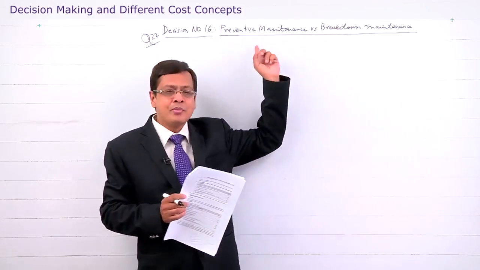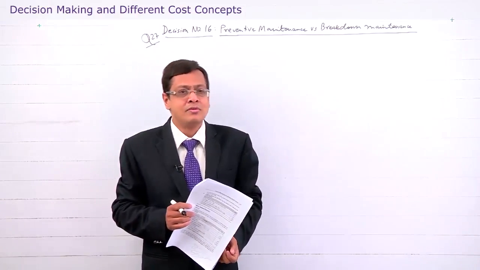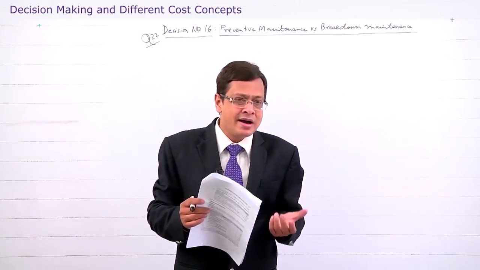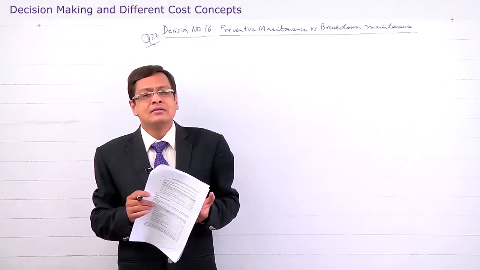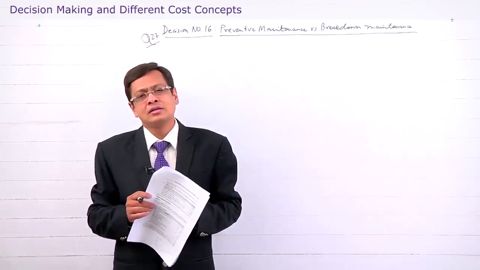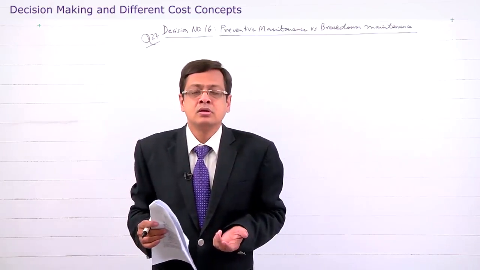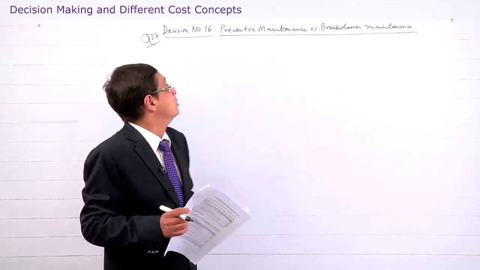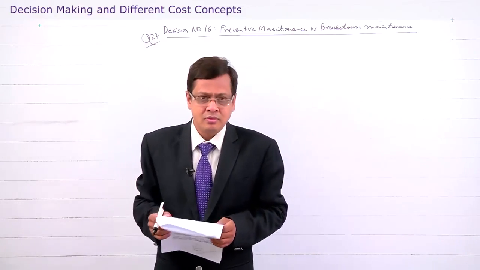This has to be compared with planning for this breakdown through preventive maintenance. So, preventive maintenance is planning ahead how many ways we have to tackle the breakdown maintenance if it comes, so that our production cycle might be slowed but it is not stopped. So, with this intention, we start making question number 27, which is decision making number 16.